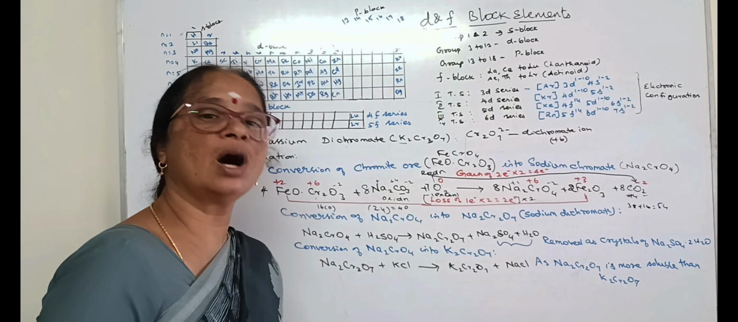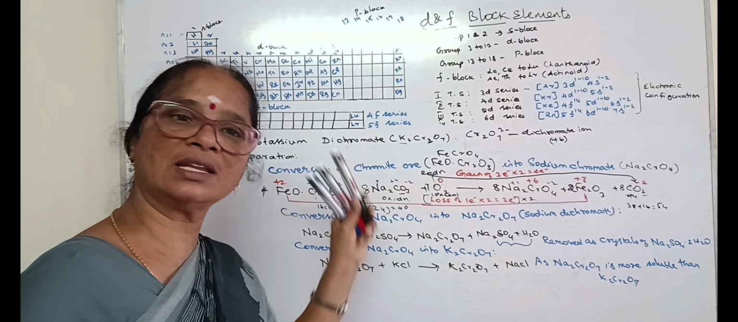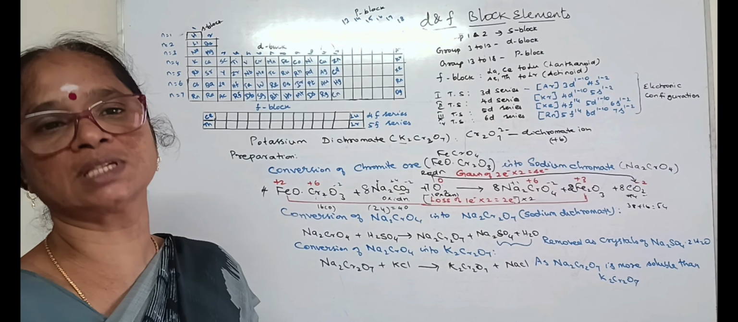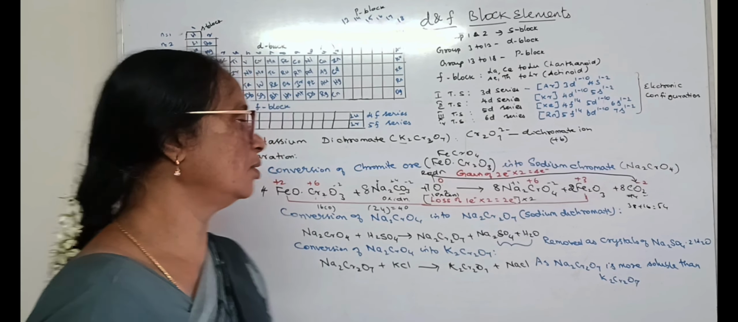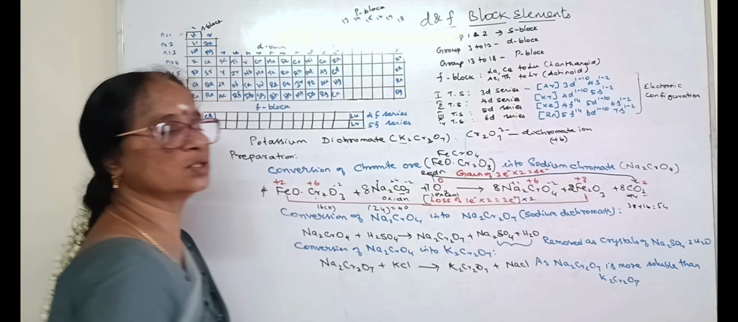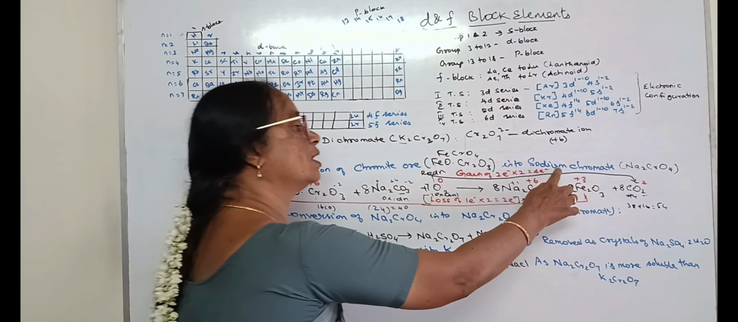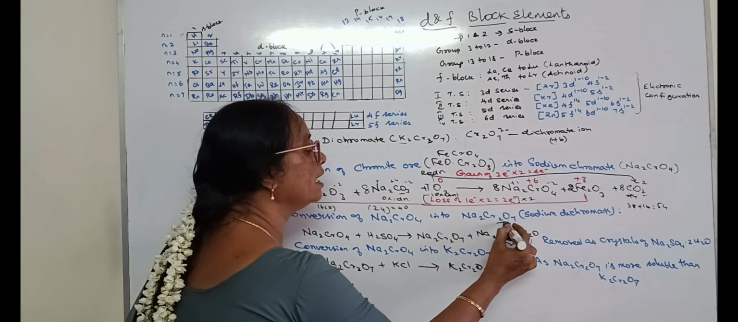So when we know where the reaction actually takes place, that means which element is oxidized and which element is reduced, if we know those two sides, then the balancing of the equation will be very simple. Okay, the first step we completed: chromite ore is converted into sodium chromate. The second step, we are going to convert sodium chromate into sodium dichromate,